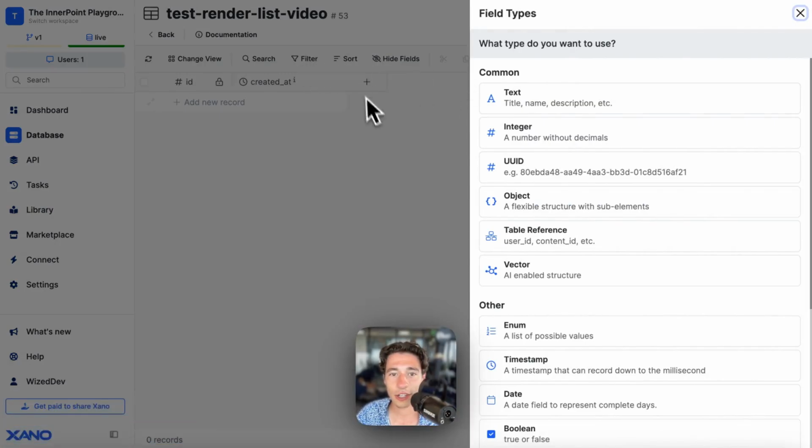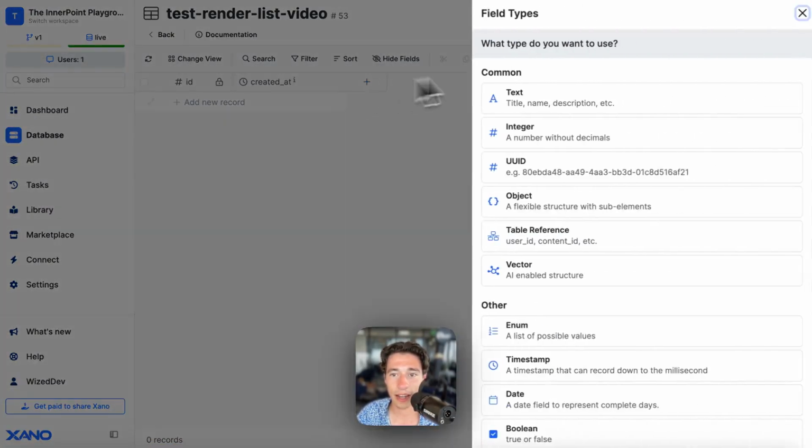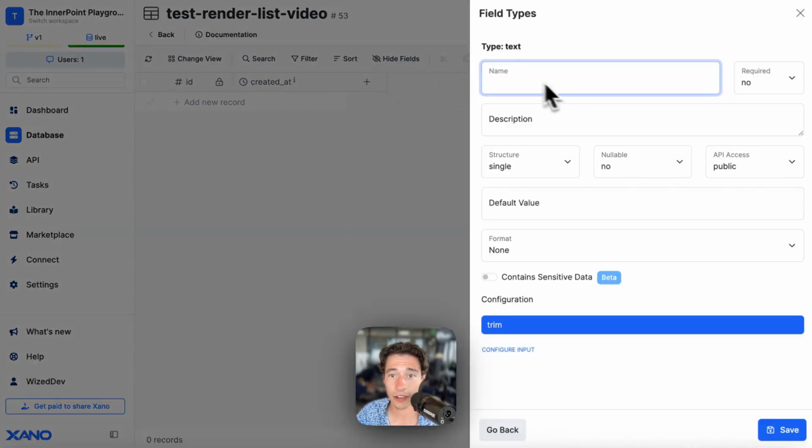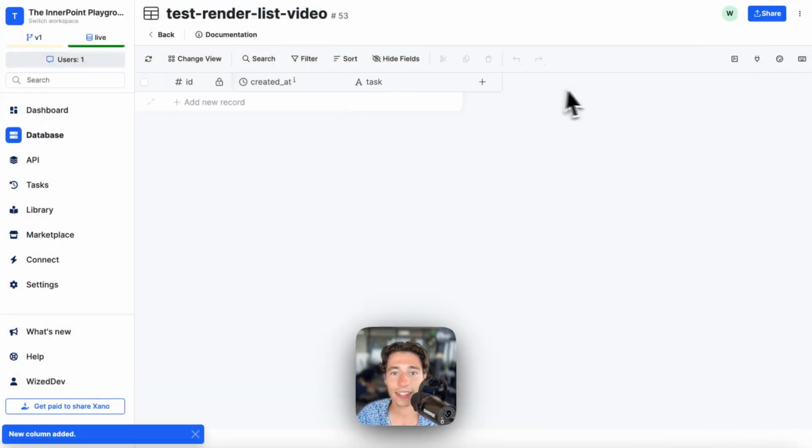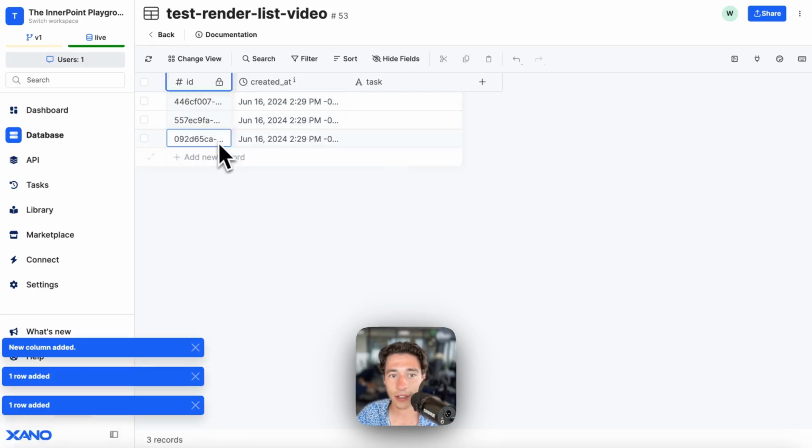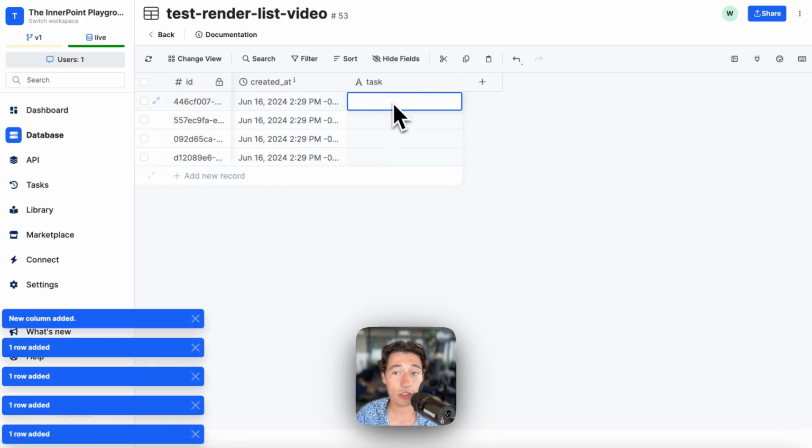So let's just go to the database here and let's give it a plus. We only need a text field, so I'm clicking on text, and let's call this task, just like that. And let's add some data to our database manually. So let's do